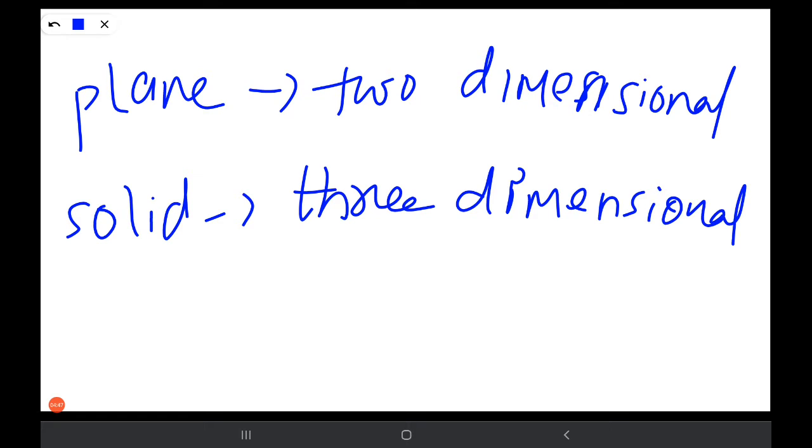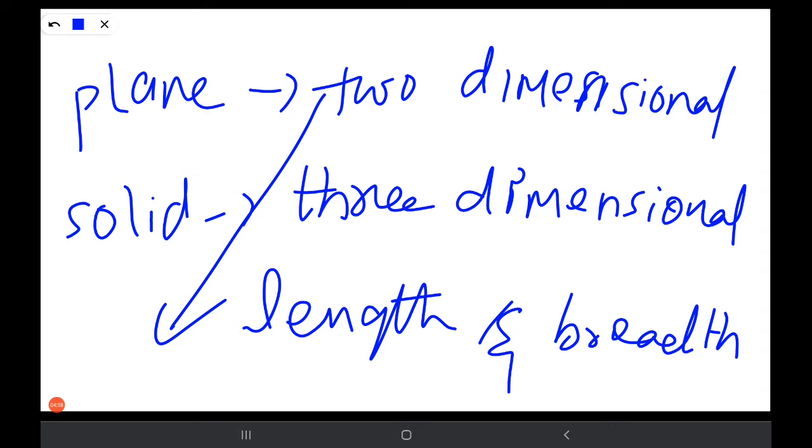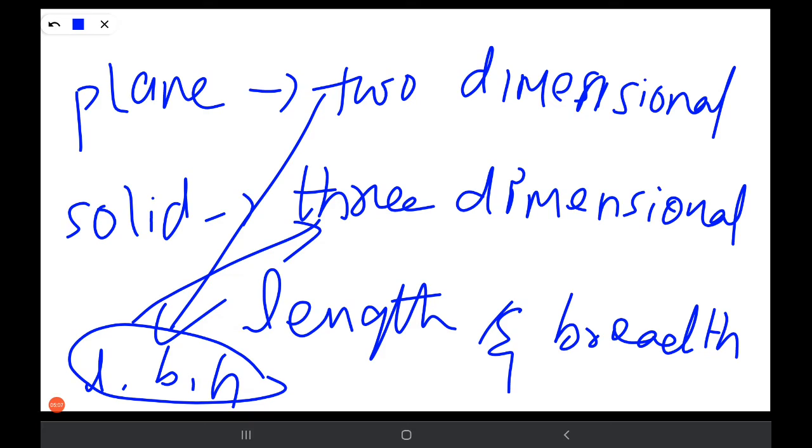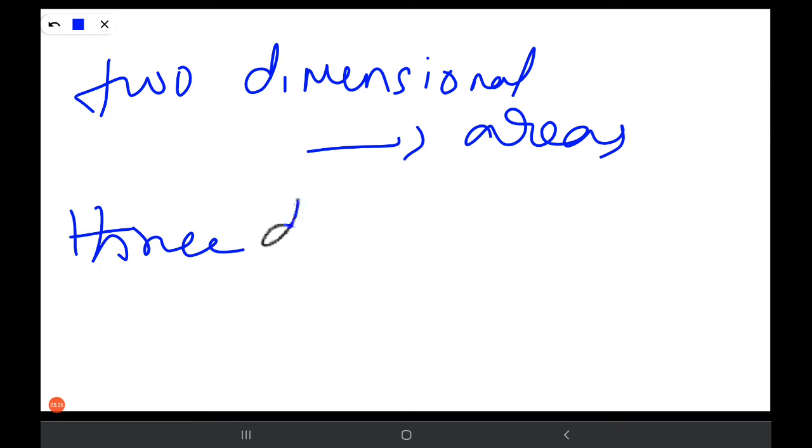So what is two-dimensional? A plane figure contains only length and breadth, but a solid figure contains length, breadth and height. That is why they are called three dimensional, and a plane figure is called two dimensional. So we can conclude that two dimensional figures contain areas and three dimensional figures